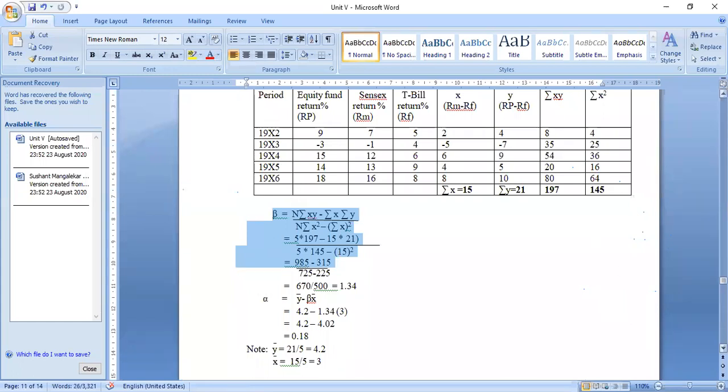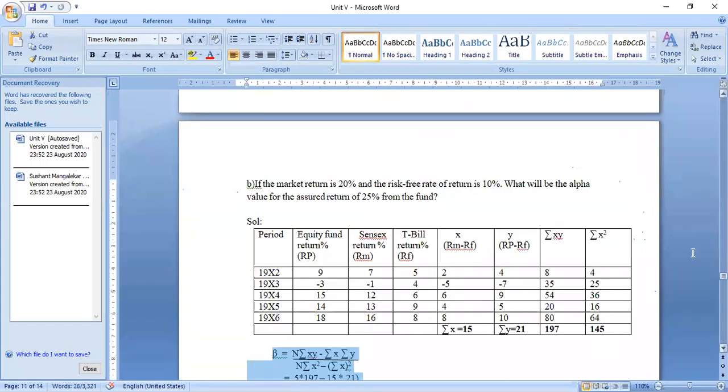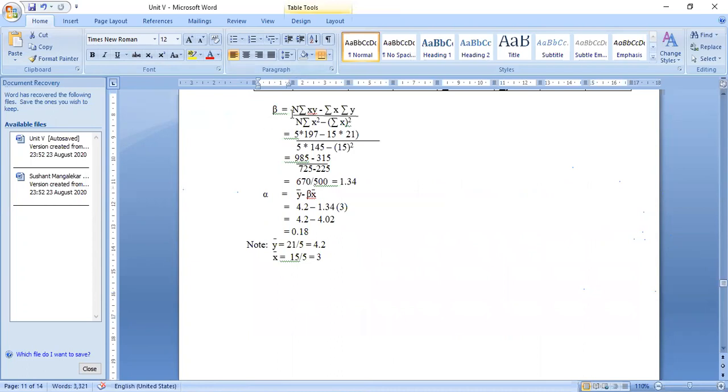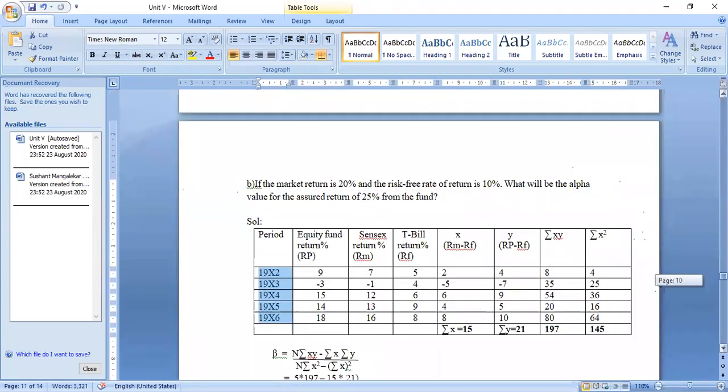Okay. You can use Jensen alpha, but you have to write a note, because you will get the same value for both. Here you have just 1 year, but earlier it was over a period of 5 years, and that is why you have taken the different formula, that is n of summation xy. So you can use Jensen alpha, not a problem, but you need to write just a note for it. Even that particular formula is valid because you have the data of only 1 year here. Okay, so not a problem, you can use even Jensen alpha.